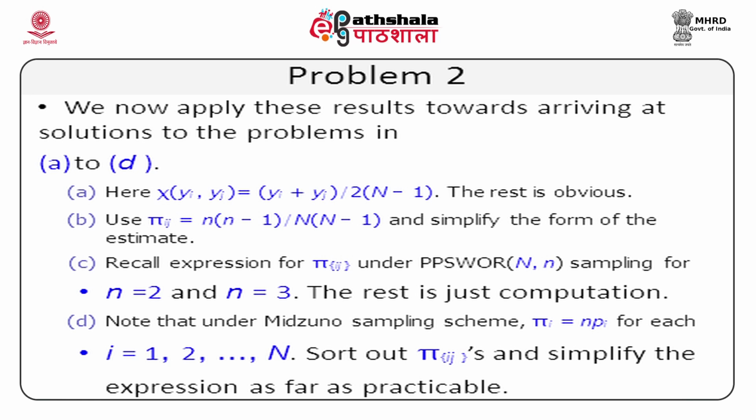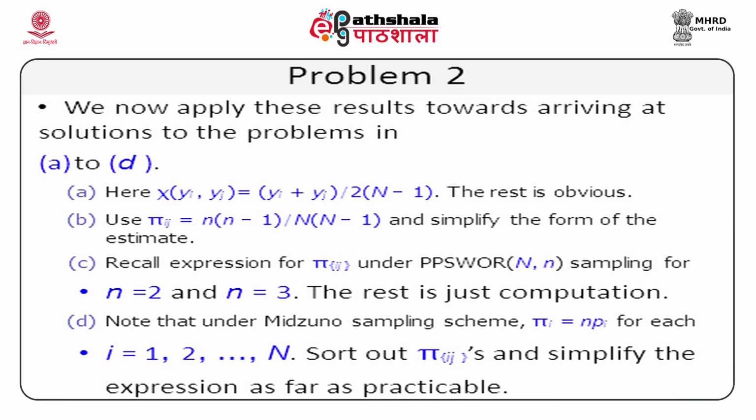Sort out pi ij's and simplify the expression as far as practicable. Yeah, in the whole exercise, the interesting part is part B, under without replacement sampling. Because you know what is pi ij, the moment you simplify, you will end up with y bar. Okay? So, no matter how you look at it, you can look at it as summation yi or summation yi